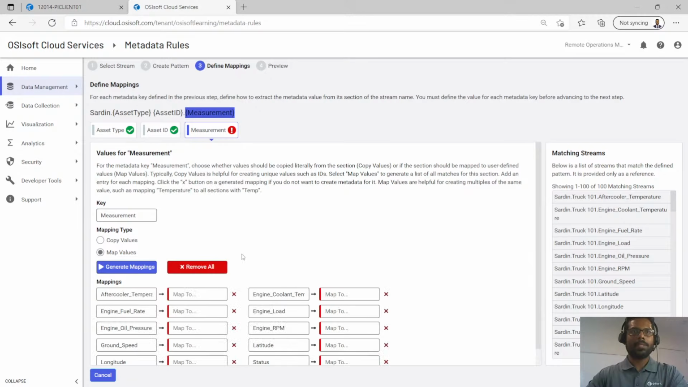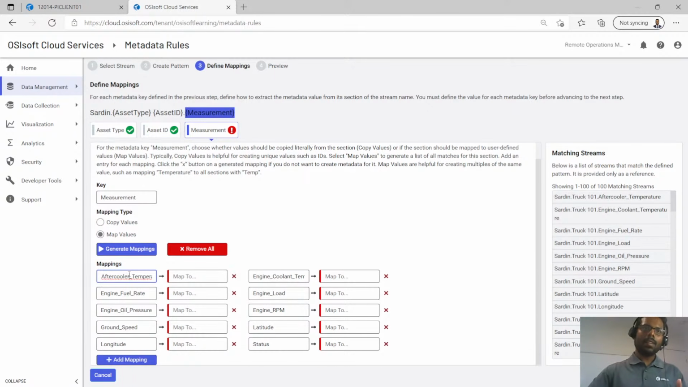So I can say generate mapping values. Again, this is where you are converting your process named stream into a human readable format, right? So the truck is mapped as an asset type. The numbers are mapped as asset ID. Now, when it comes to measurement, these are all the names of the streams that the adapter sent to